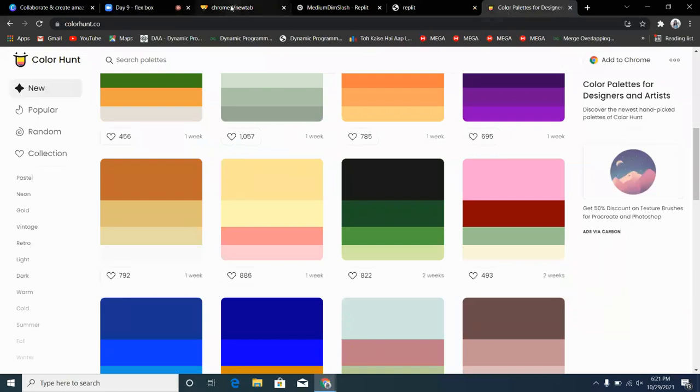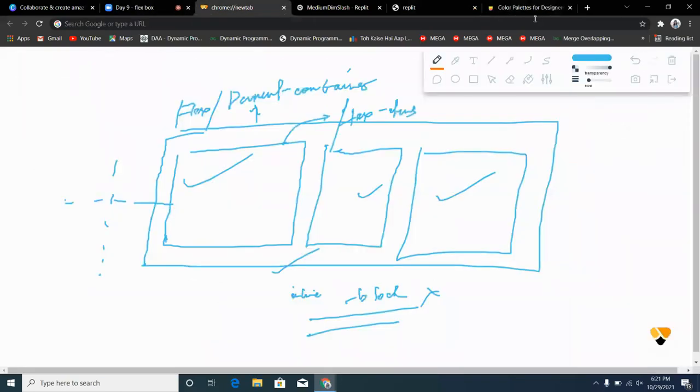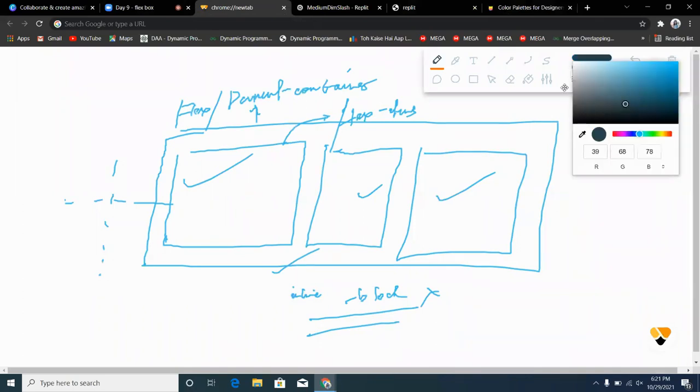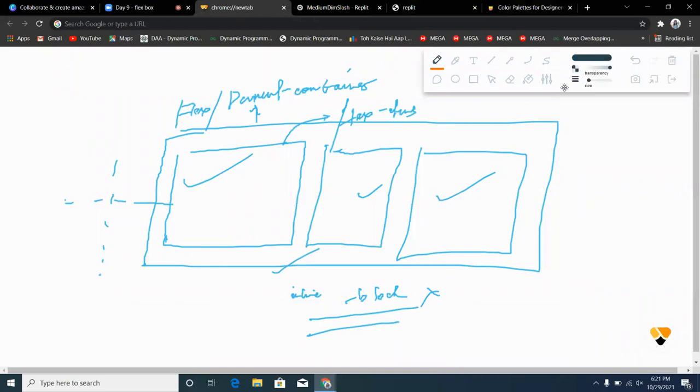Let us go to our anatomy. The default orientation is that all the elements inside your flex container will rearrange themselves starting from the left hand side. They will always arrange themselves starting from the left hand side. But if you want to reverse the direction, if you want all the content to rearrange themselves from the right hand side, not from the left but from the right.